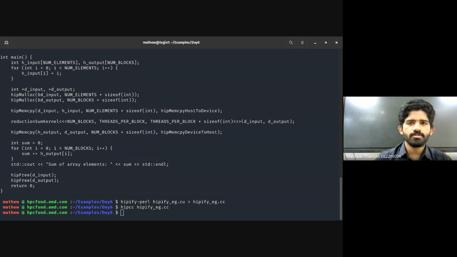So yeah, HIPIFY is an important tool when it comes to HIP, because it can easily convert things, so there's not a lot of programming overhead. We have other languages like OpenCL, which runs on AMD GPUs, but the programming overhead when you have to convert from CUDA to OpenCL might be a little more. I'm not sure if there are tools for converting CUDA code to OpenCL, but there are